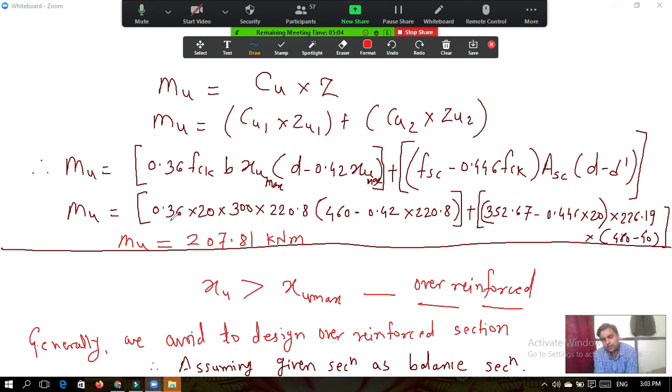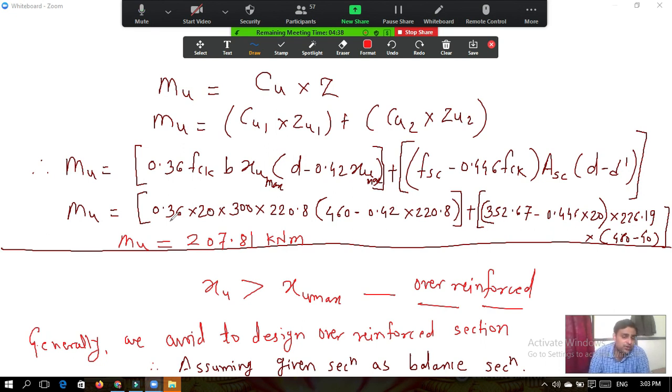Now we have seen two problems today. Both are doubly reinforced section problems, and both were asked in the examination. What is the difference between these two problems? Only the grade of steel. The bar diameters, 12 mm or 16 mm, don't matter; leave that aside. Those are simple variations.